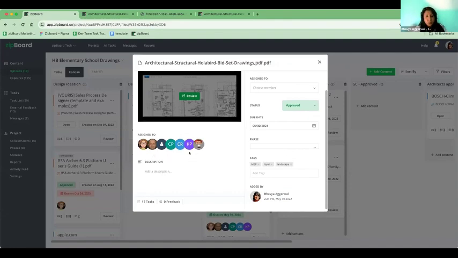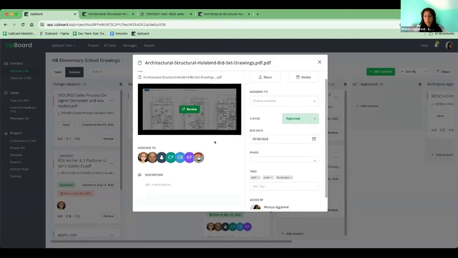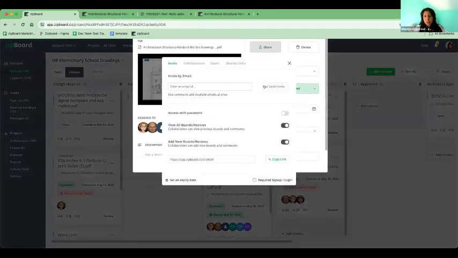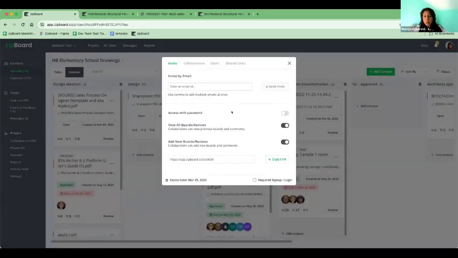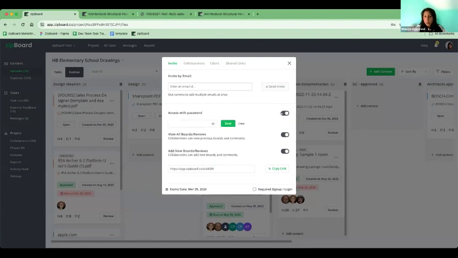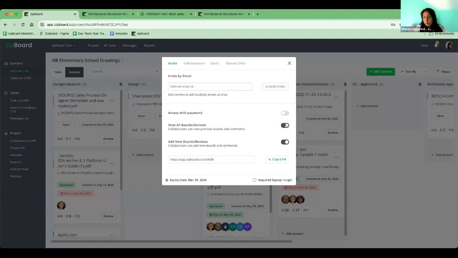So there are often times you're working with outside consultants, you don't want them to see all these documents, but you want one-off feedback from them, one-off review from them. What you can do is create a shareable link for them, which makes them not have to log in to the whole system, just see the document directly. And you can decide, do you want them to have a password or not for security reasons? Do you want them to see others' reviews or not? And do you want them to comment, or maybe just see others' reviews and not be able to add their own comments? So you can decide based on your stakeholder how you want to create a sharing, but that makes it much more flexible for you